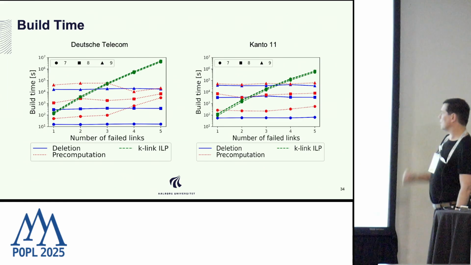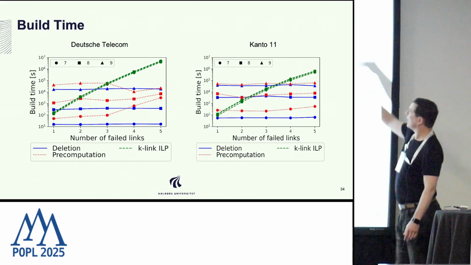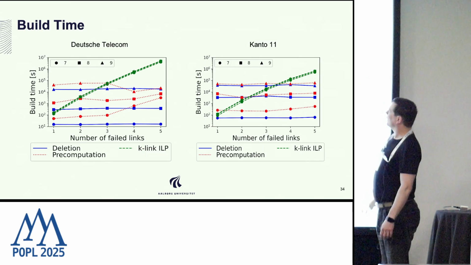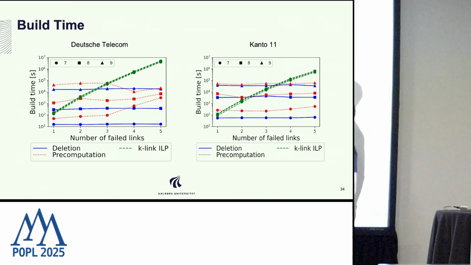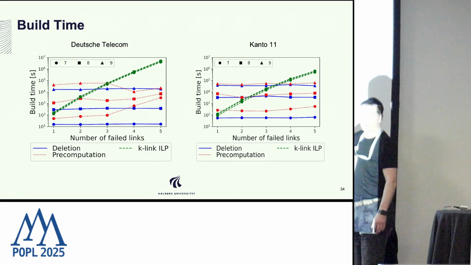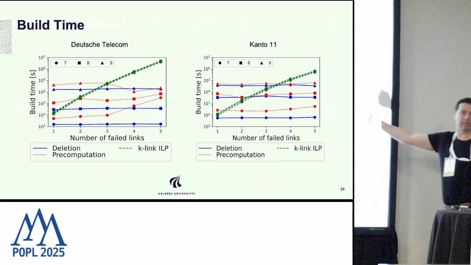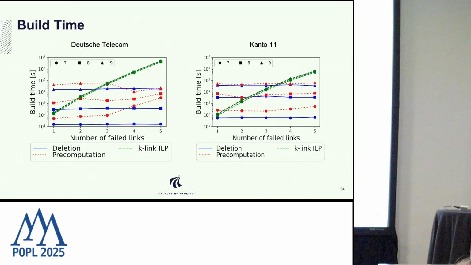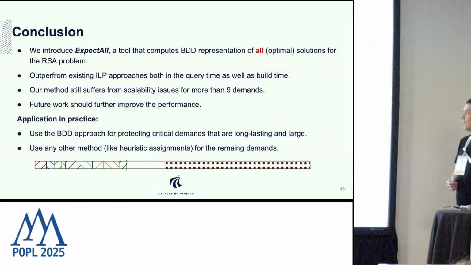Of course, what is a little bit bad is how it scales with the number of demands. This is for 7, 8, and 9 demands, and you see we always make a jump that is exponential. As it is right now, up to 9 demands, we can pre-compute it in, let's say, 1 hour, which is acceptable time because then we are ready within 50 milliseconds to react to any failing links. But of course, the number 9 is a little bit limiting.